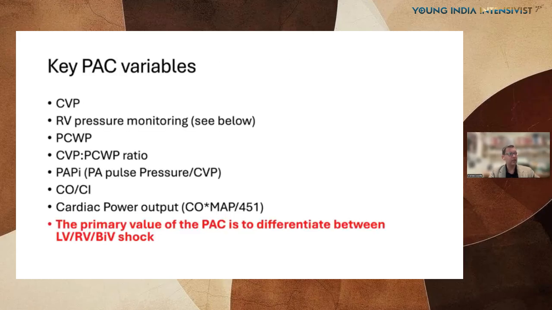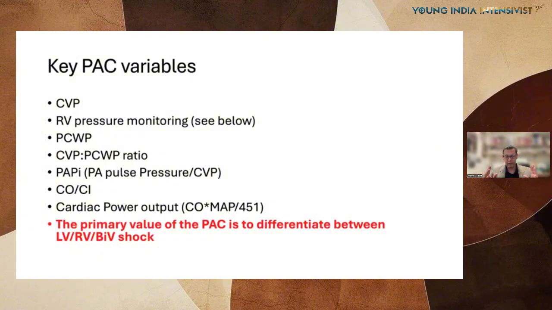The ones that I focus on are the CVP. I've talked about RV pressure monitoring in the last talk. The wedge pressure, I really, really think it's important to wedge patients, and I'll tell you why. The CVP to wedge ratio, for my money, is the single best. There's no such thing as a single best metric. But if I had to choose one metric to assess RV function, it would be the CVP to wedge ratio,